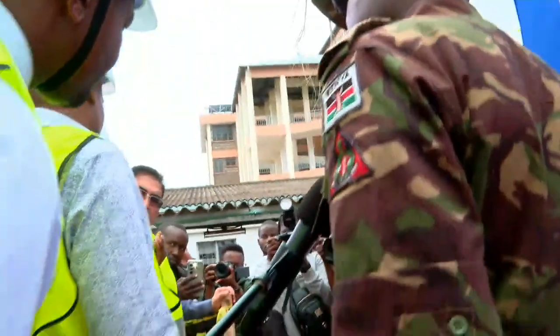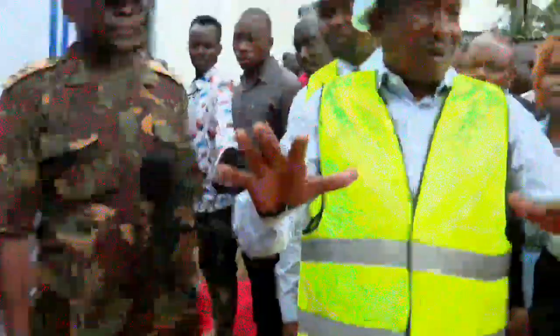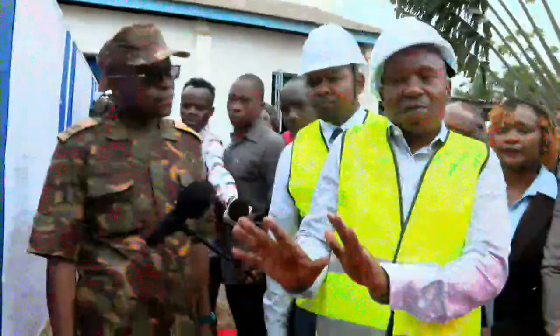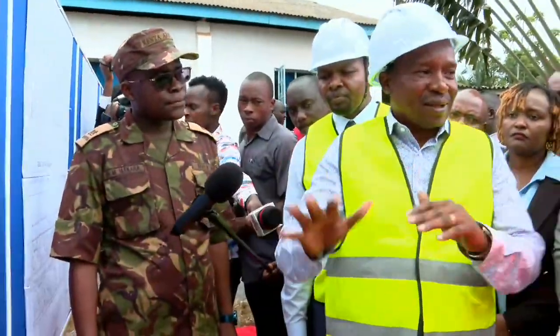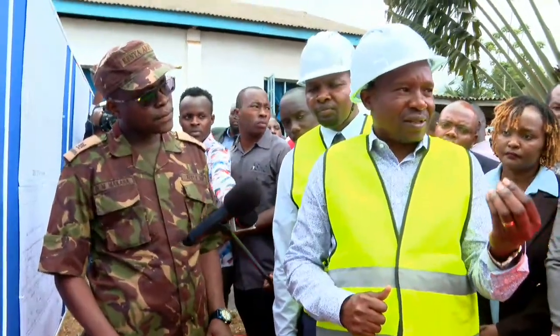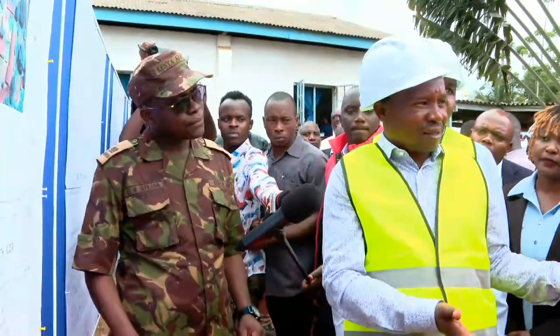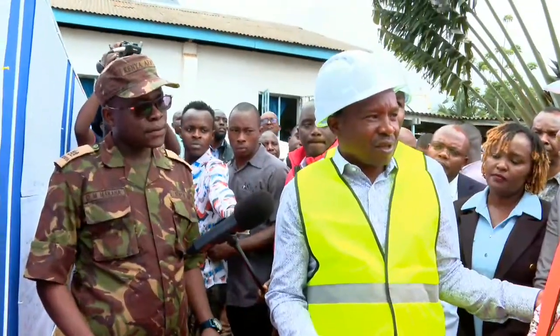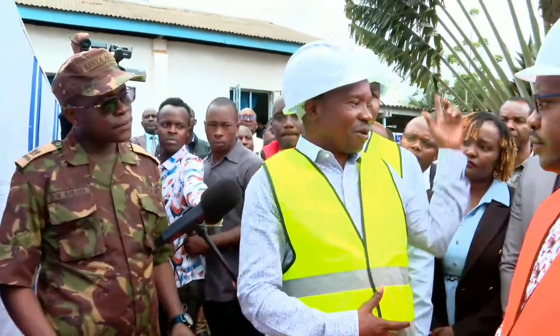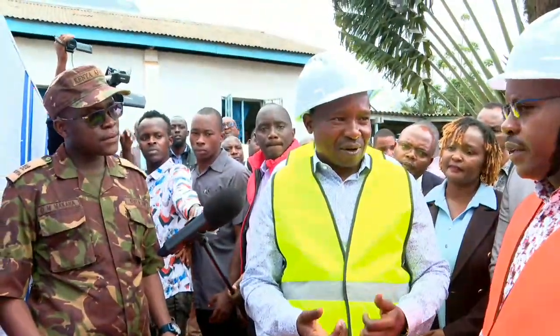Refreshments. Kind of a restaurant. You can come buy snacks. But think about it. It's very important, especially where you have people coming to see patients. And they are waiting. Maybe the procedure is ongoing. They can't enter the theater. The patient has to be there for 3-4 hours. Instead of someone going to town, they can have somewhere to take tea. Absolutely. In fact, near the entrance,